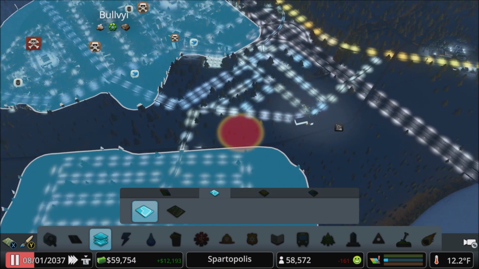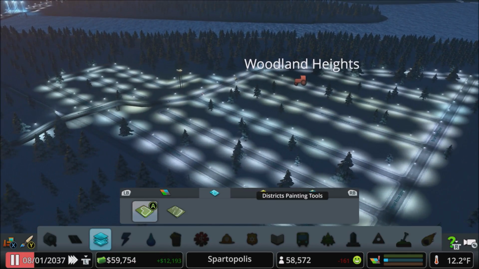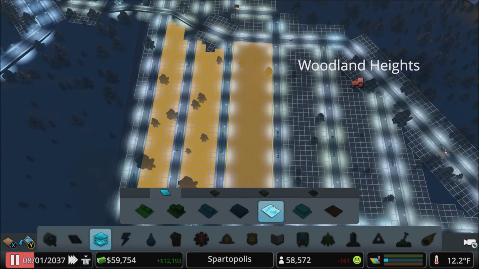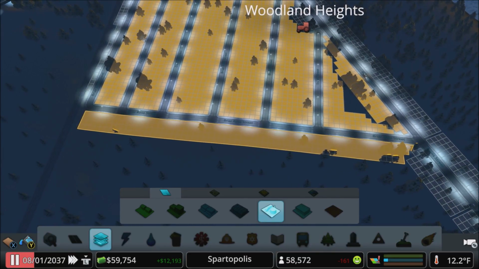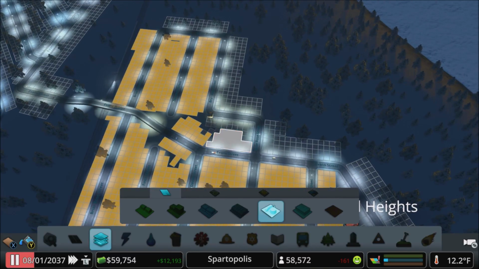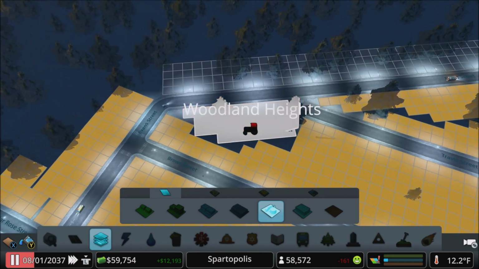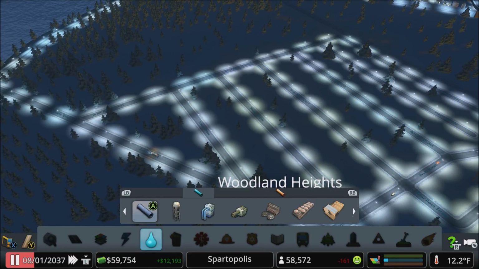There we go. All right. And so that's all farming. And if we set that up with some industrial, this will hopefully solve the fact that we're running out of food and such. That's what I'm assuming is going on. I'm assuming we are out of food. So, what we'll do next is have some